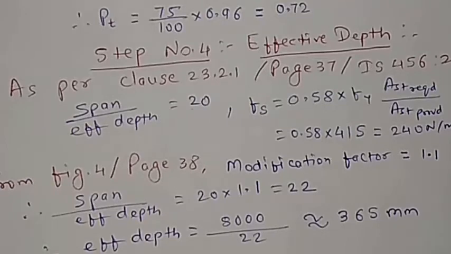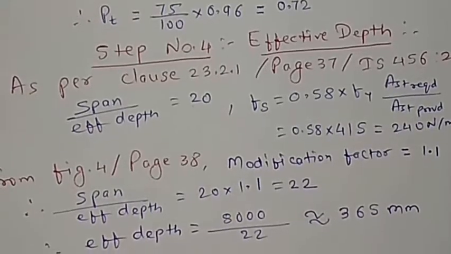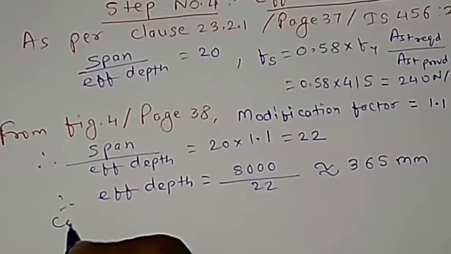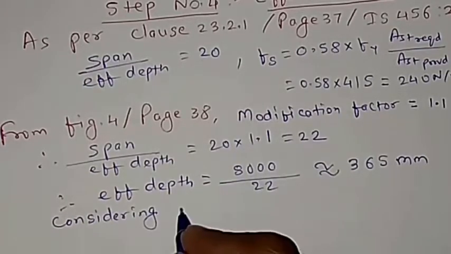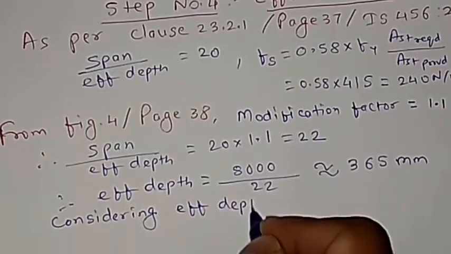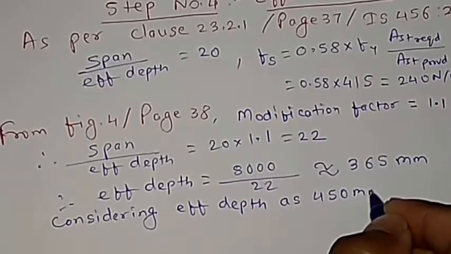Though it is coming out to be 365 mm, for safe consideration we can increase it to 400 mm or 450 mm. Let us increase it as 450 mm, and we can write down, therefore considering effective depth as 450 mm